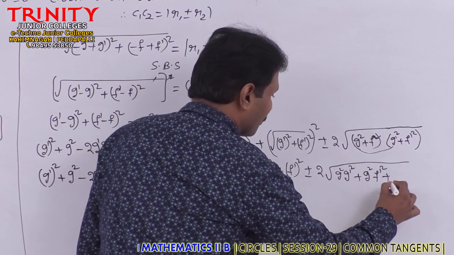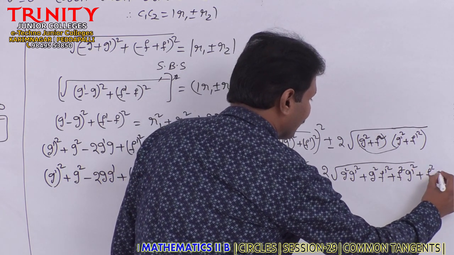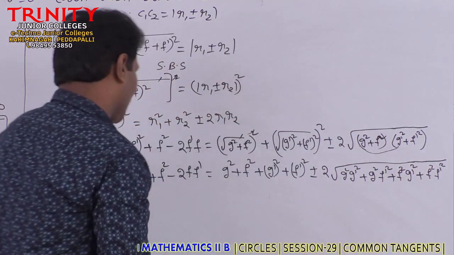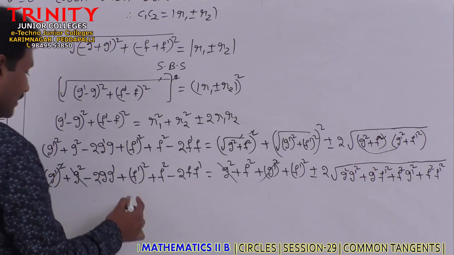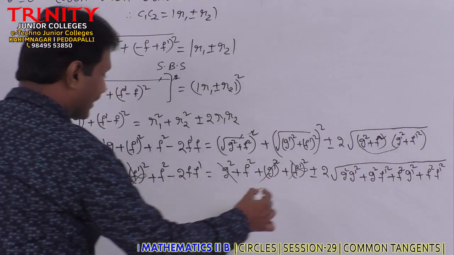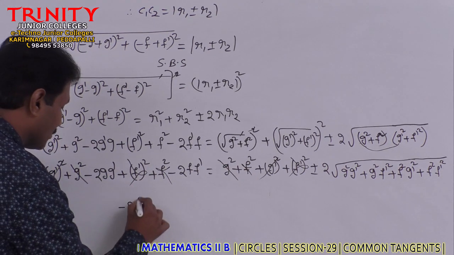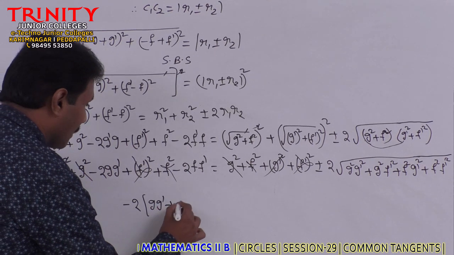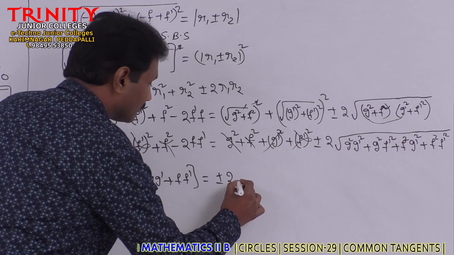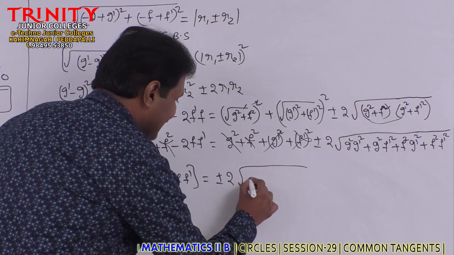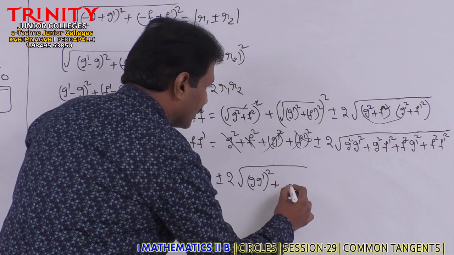g dash square cancel, g square cancel, f dash square cancel, f square cancel. The remaining term is minus 2 (g dash g plus f dash f) equal to plus or minus 2 square root of g dash whole square plus g